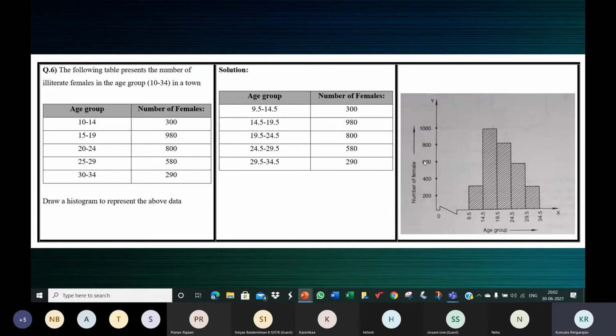I think along the y-axis you can go with 100, 200, 300. Every centimeter is equal to 100 units. Then tell me, how will you read the lines between 0 and 100, children? Take my question correctly. If on the y-axis our scale is 1 centimeter equal to 100 units, we mark 100, 200, 300, 400, 500, 600, and so on. But we need to show up to 1000 because 980 is the tallest rectangle.